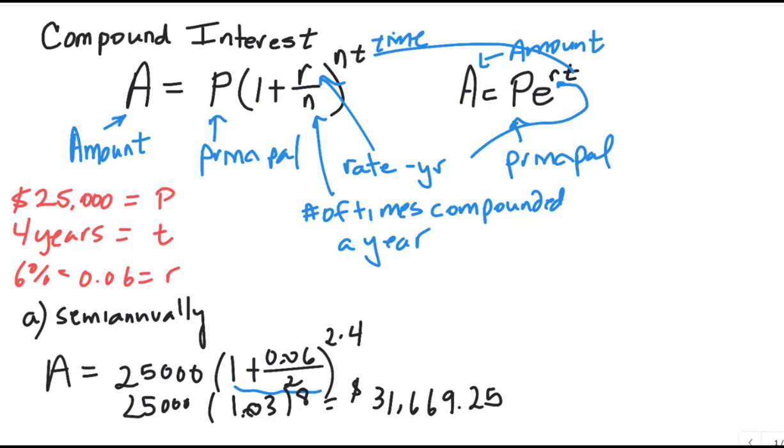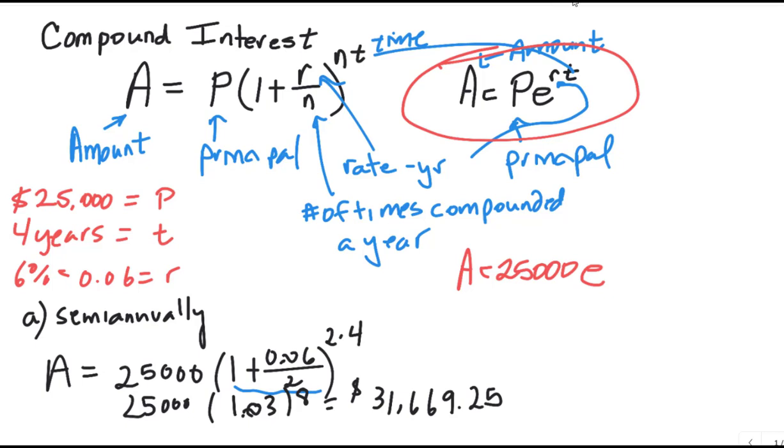All right, so back here, then it also says, do this again, but for continuous. And that's this formula right there. So compounded continuously would be the 25,000 E, which is just a number, 2.71828, right? You have an E on your calculator. And then raised to the interest rate, 0.06, and times 4 years. Because remember, if it's compounded continuously, you don't care about semi-annually, quarterly, or monthly, because it's continuously. And so you throw all that in your calculator, and you should get